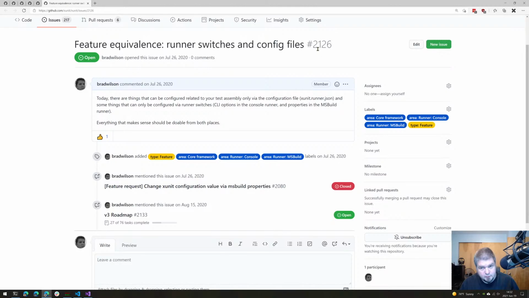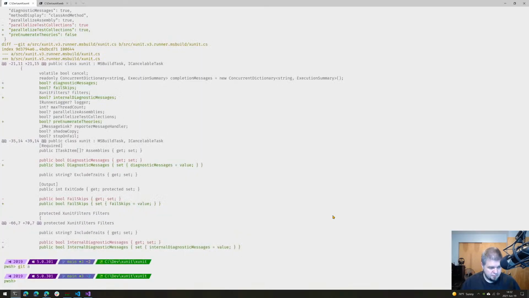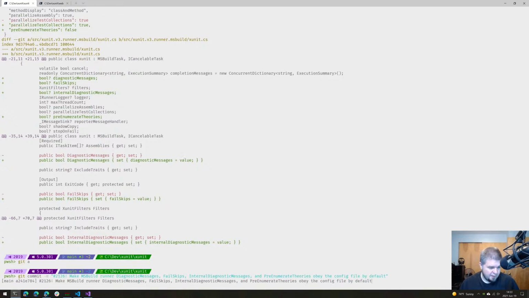Okay, so this is for 2126 again, right? So git commit: make MSBuild runner diagnostic messages, fail skips, internal diagnostic messages, and pre-enumerate theories obey the config file by default. And that is why